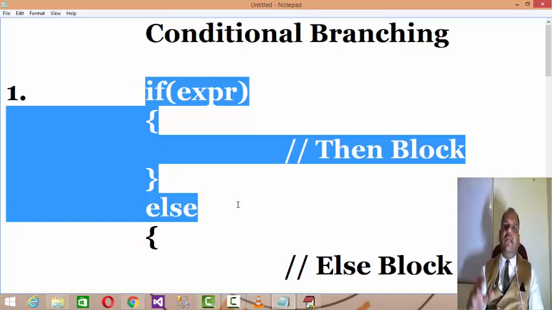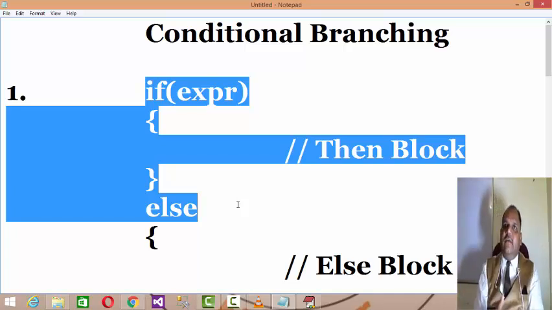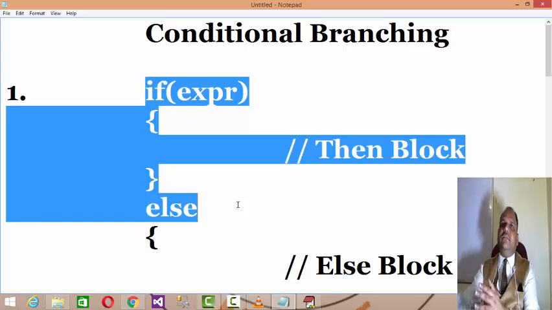Now I will discuss why we say the else block is an optional block. The reason is you have to compulsorily write the then block, otherwise it will give you a compiler error, but the else block is optional. If you write it, that is better. If you don't write it, nothing to worry about. If the condition is true, then only the then block will process, but it will allow you to write the program. Hence the else block is called an optional block. Obviously there are two blocks: if the condition matches, then this; if the condition does not match, then this. But many times, if the condition matches, then this, and if not, it simply fails. So in such situations it is optional.